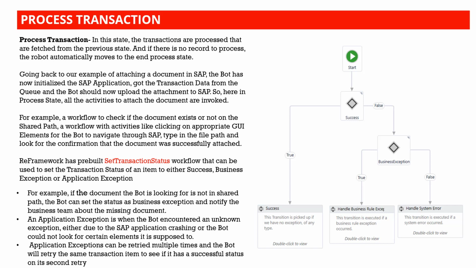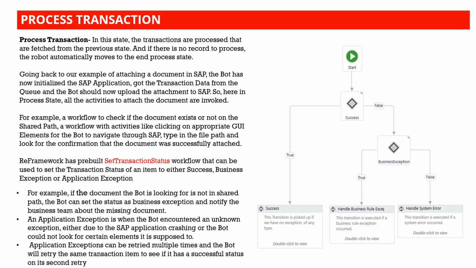So you should be able to control the retry mechanism by controlling the config value in the config file. So it will retry multiple times. That's nothing but going into the same transaction state again if retry is enabled. If there are business exceptions, say for example, the document that you are trying to upload does not contain the required information for that transaction item, that's basically something to look at by the business, or that's not a valid scenario to upload.